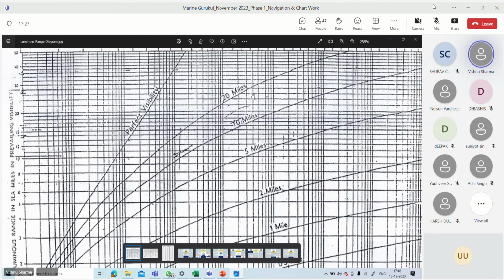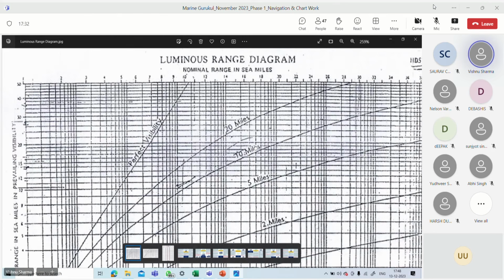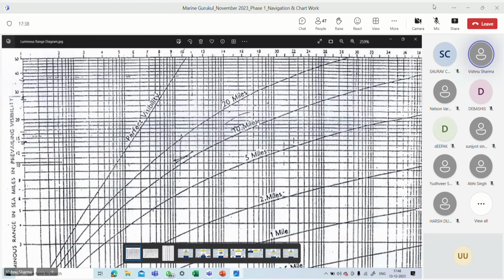Okay, what is the nominal range of Hamirod, beta? What is the nominal range? The one who put the question, you would have seen. Sir, 18 miles. Sir, it is 18 miles. So at 18 miles your perfect visibility one doesn't go there, right? The 18 nominal range is here. Yes sir, right, it is not going there. That means there is no range you can get even at 20 miles. And what is the geographical range you are getting for Hamirod?